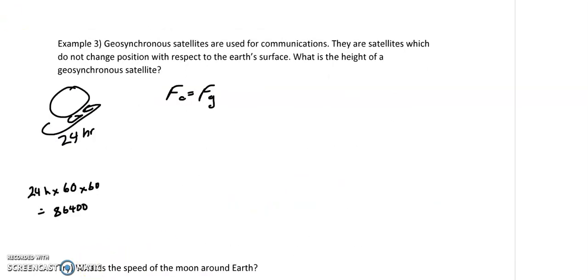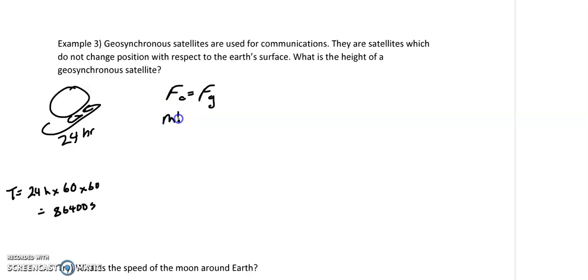So here we're taking a look at a geosynchronous satellite. Geosynchronous satellites will orbit every 24 hours. So the planet's here, the satellite's taking 24 hours to circle the Earth. So its period is going to be 86,400 seconds. And we're going to use this because we don't know the speed of the Earth, but what we can do is use